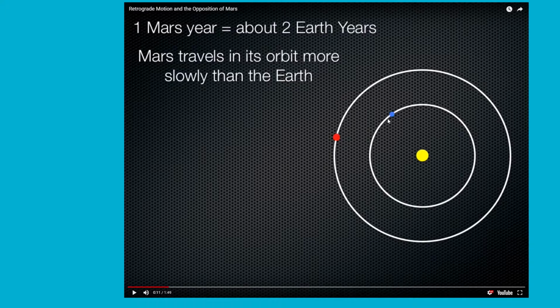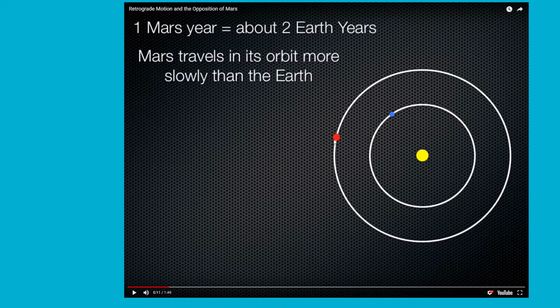So the Earth is going to make it around the Sun once per year, and it's actually going to take 2 years for Mars to make a loop. So you can think about Mars as being a runner that's running twice as slow as Earth around this track. So every one loop that Earth makes, Mars is going to make half a loop. And every 2 loops that Earth makes, every 2 orbits, Mars is going to get around just about once.